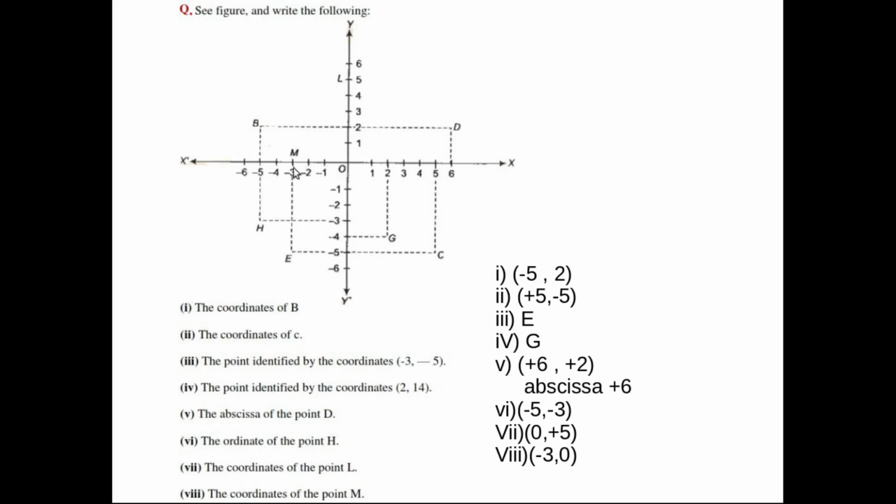Similarly, see here, the coordinates of the point M. So this is our M. Draw a perpendicular line where it meets at point 0. So all the points on the x-axis have y as 0. Okay, just understand this one. If the point is on the x-axis, that will give our x coordinate, that is -3. If the point is on the y-axis, that will give the coordinate of the y-axis. So these two are important from this particular problem, that is the 7th and 8th.